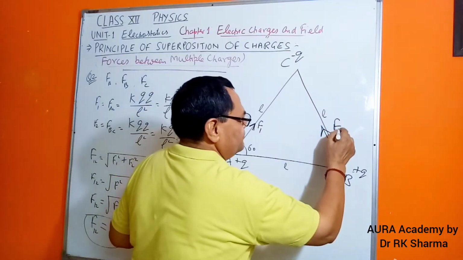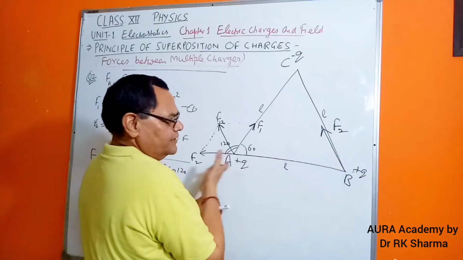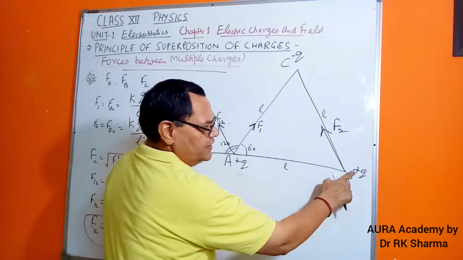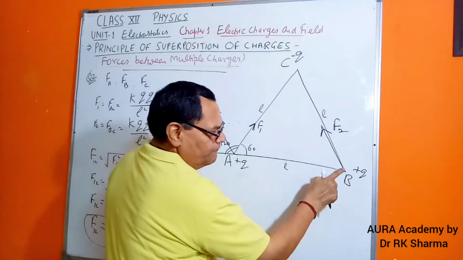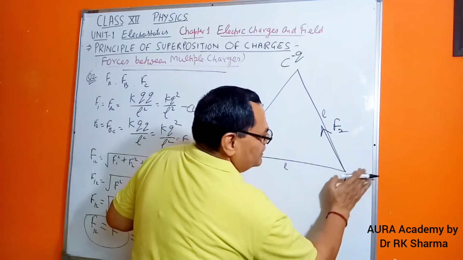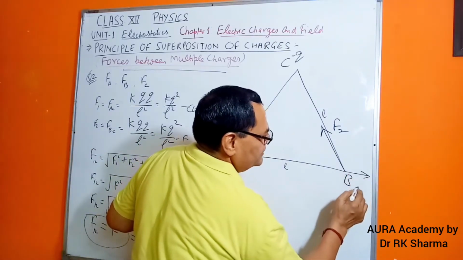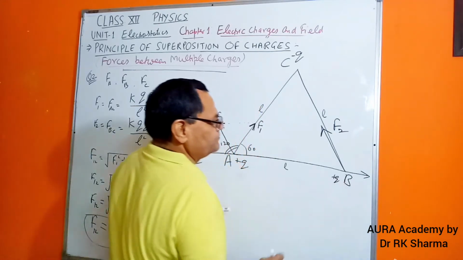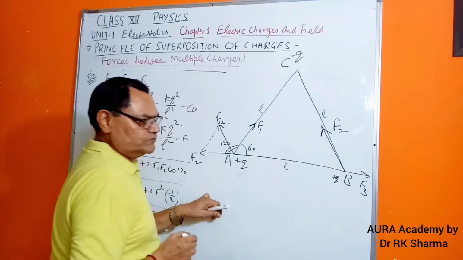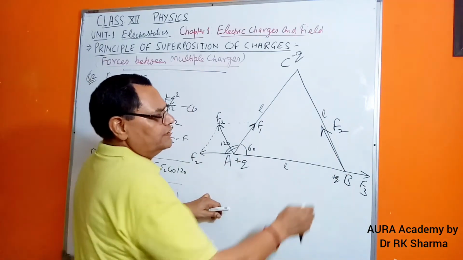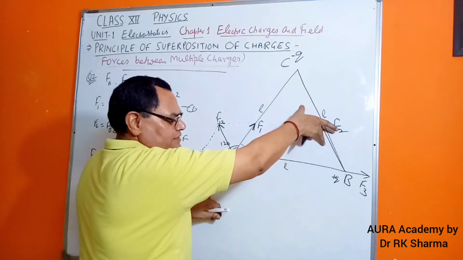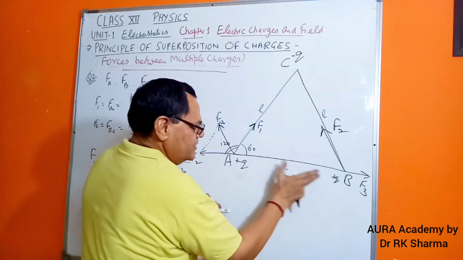Let me put it as F2, and one force will be acting what? This is positive, this is positive, so it is a repulsion force. Both of them are positive, so the point we are finding should be repelled, meaning there will be a force outward here. So here is the plus Q. You can put it as, for example, F3. Don't you think that as far as F2 is concerned, the charges are numerically the same and the distance is the same? Here also the length is the same and the charge is the same.